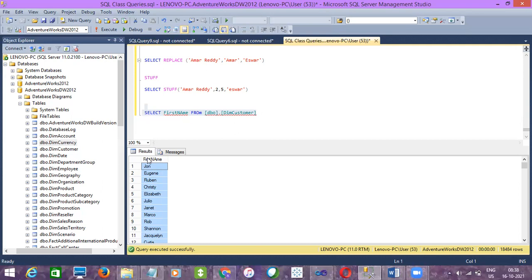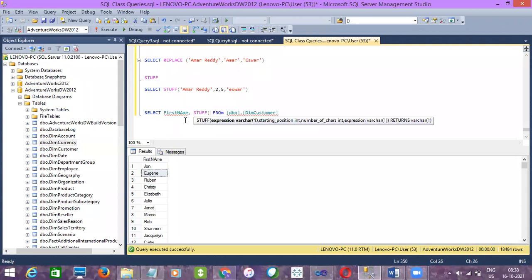So if you want to replace any specified number of positions within an existing string, you have to go for stuff. Let's say here, if you take an example, I don't want the second and third character in a name, so I want to replace them with some other value. For that we have to write it like stuff.